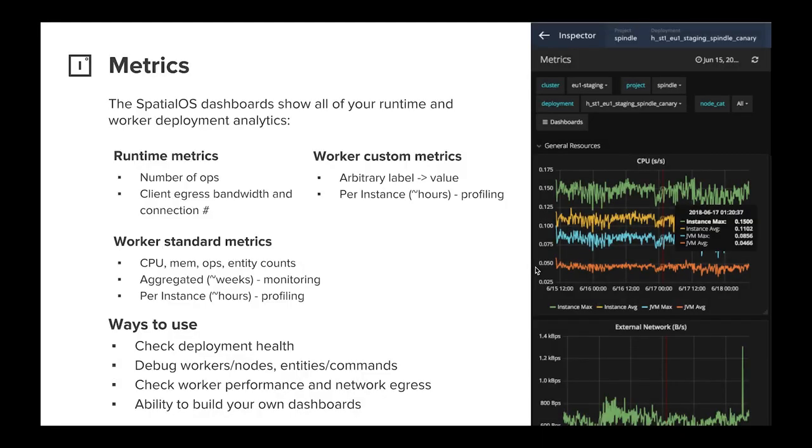The same with metrics. Most network engineers love our metric stack. We track almost everything by default, but we also support custom metrics. When you're profiling in the cloud, it can be difficult because you've got 10 instances of your game engine and they're all potentially doing 10 different things. This metrics platform allows you to get a very good high-level overview of where the compute is being spent, where the bandwidth is coming from. We've got breakdowns per field, per command as well.